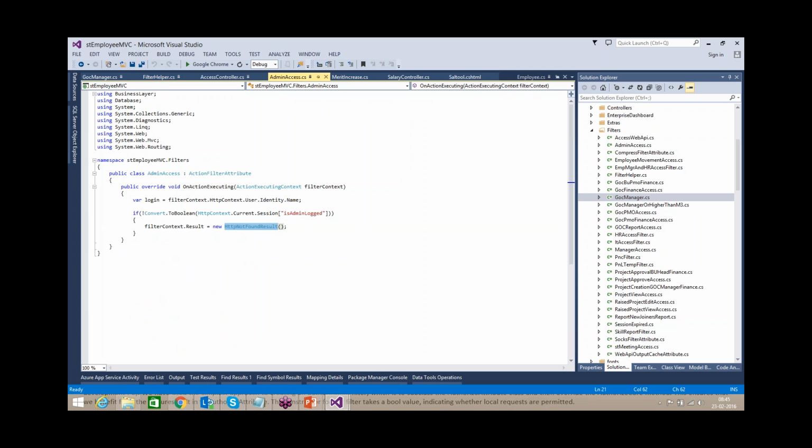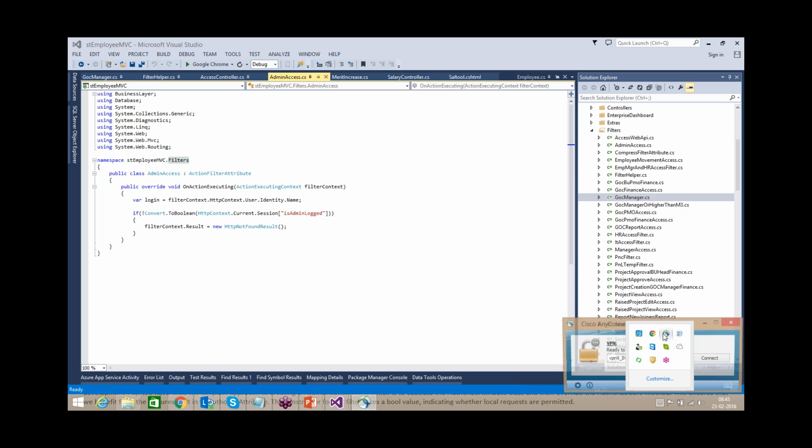Okay, to explain this, I have admin privilege as a developer for this application, that's why I cannot show this. Otherwise, I will try one more thing.